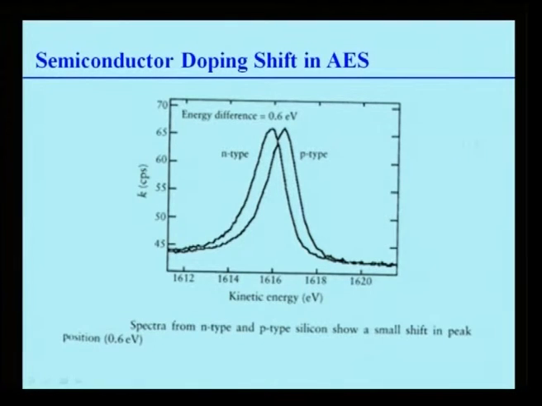Not only that, even AES is very sensitive to the presence of a very small quantity of an element, like semiconductor doping. Let us talk about semiconductor doping of silicon. The difference between P and N type silicon can also be distinctly seen in the AES spectra. That is what is shown in this slide. So you know that P and N type silicons can be created by doping different elements. If you dope with a group 5 element like phosphorus with silicon, you get N type, and if you dope with boron you get P type